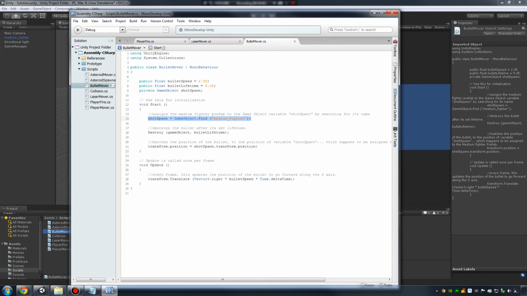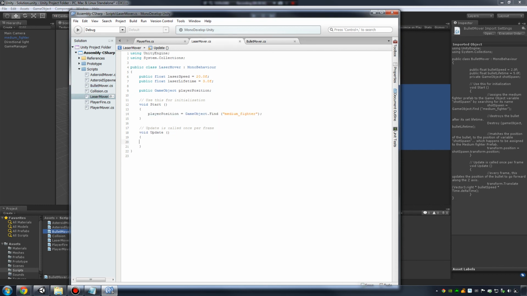Alright, so let's see, void Update. Here we have this line of code right here. Why don't we just copy and paste it? Control C to copy. And it was in Update. There we go. Oh, bullet speed is in red. Well, transform.Translate, that's not really using our